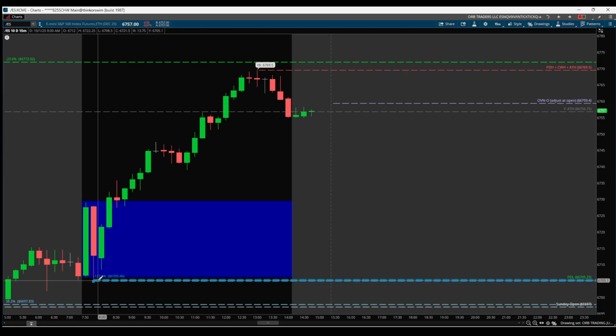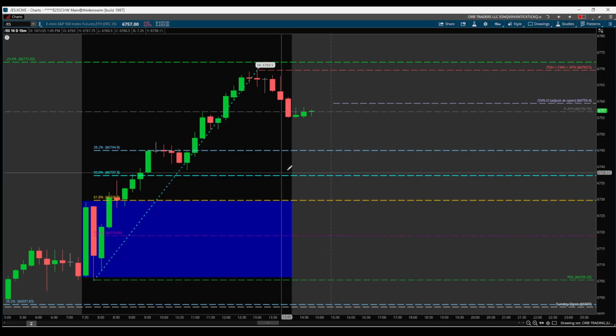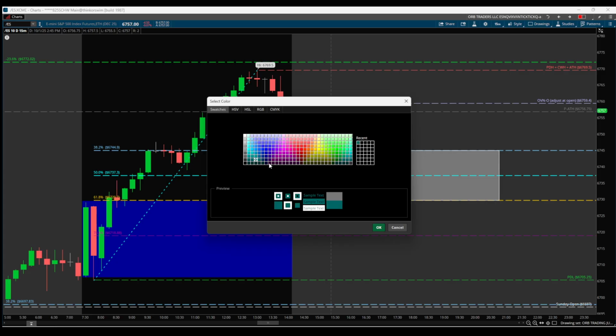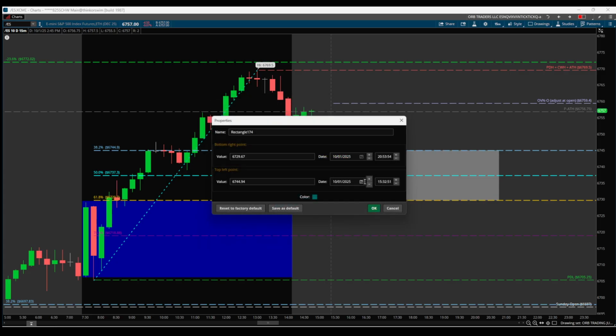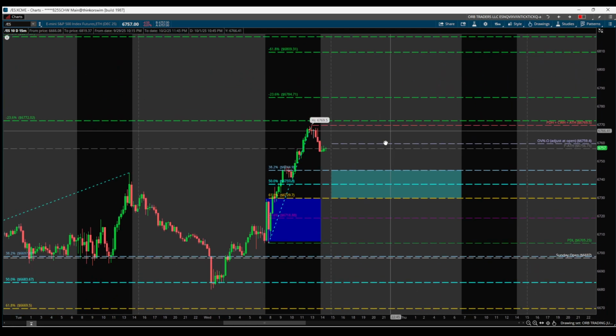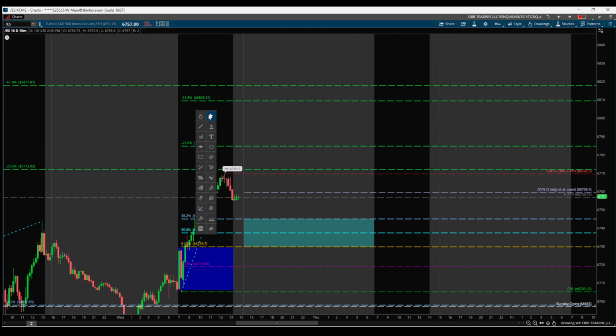For RTH fib draws, you could certainly just take the low to the high, and you could keep this on deck as a potential area overnight that you may be looking for some support to kick in on the buy side. And we could bring this over to tomorrow. I'm just going to change this so it doesn't go into the open. So you got a level there, keeping that on deck and adding potential targets above.